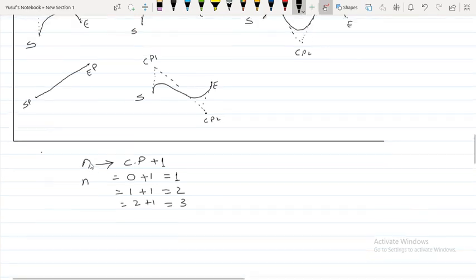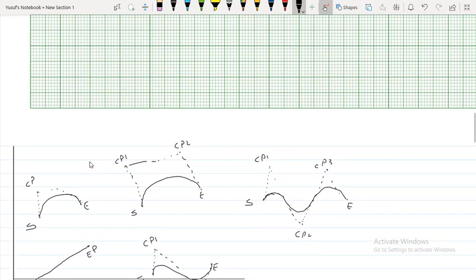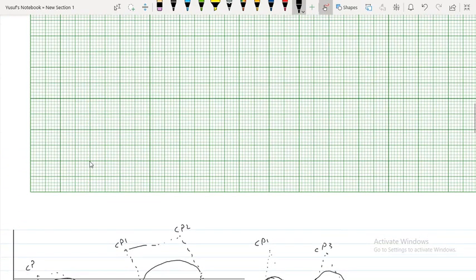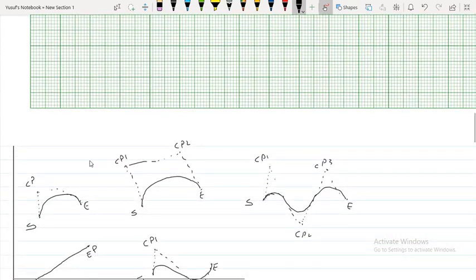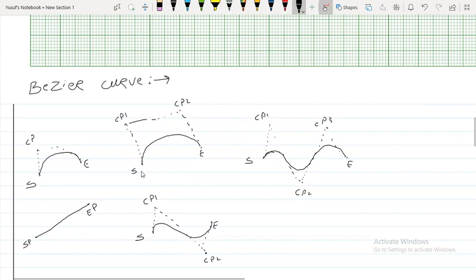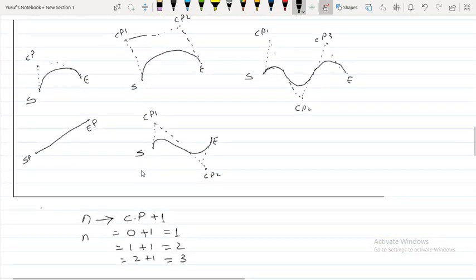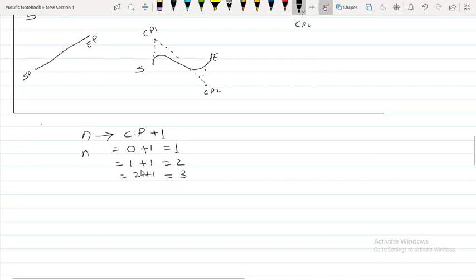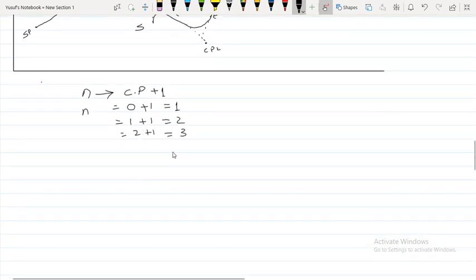So here we can write the equation for the Bezier curve. It is one of the simplest forms of the curve. So today we'll write the equation for the Bezier curve and then we will draw it on the graph paper. So the curve type is the Bezier curve. It can be constructed by using the information of start point, information of end point, and the control points. So the equation for the Bezier curve is